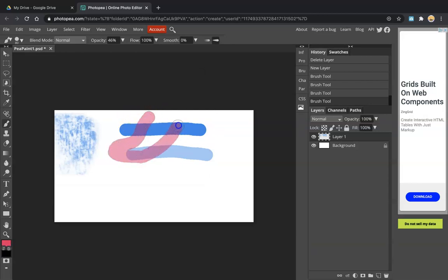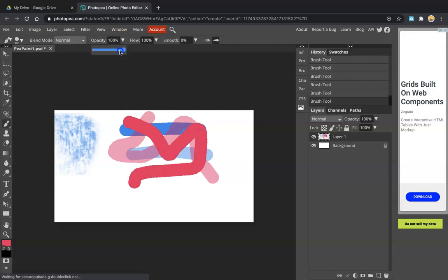So you can kind of see that the brush stroke below it can show through. If I kick that opacity back up to 100%, then I can't see under my brush stroke. Okay? And of course, if opacity is 0, you're not doing anything, right? There's no color at all. So of course you would never do that, but you would do it at 100%. So that is opacity. Flow,